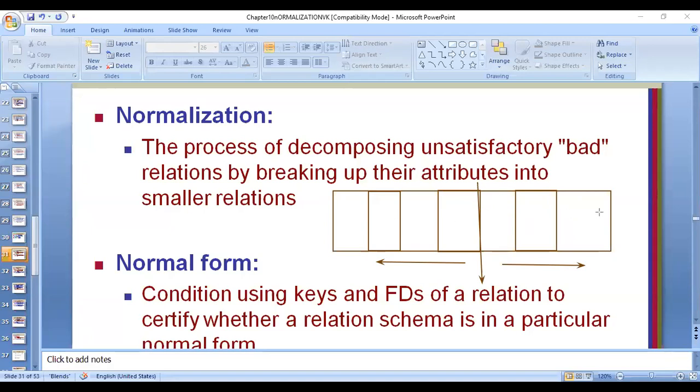two parts. Like in our previous example, we saw a bad table called employee project. In that we had information about employees as well as about projects. If we split it into two tables, one purely an employee table and another a project table, then this process of splitting is called normalization. But this splitting is not like cutting a cake or a pizza. It is not that easy, because in a cake or pizza you may just cut it without bothering, only about sizes or equal shares.